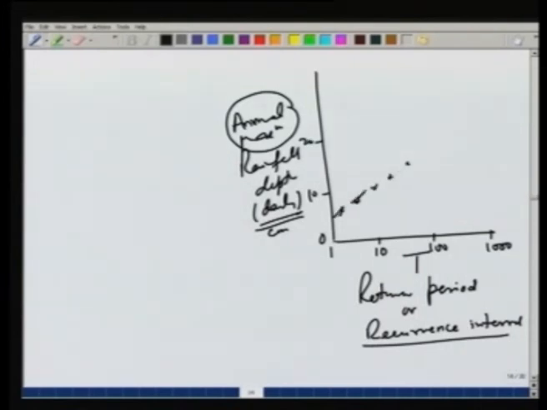So, typically we would get a curve like this, and suppose we have 50-year data, then generally it will stop near 50. But based on this available records, we can extrapolate the data and obtain the 100-year rain or the 1000-year rain. So, this gives us some idea about how frequently a rainfall event will occur, which is important to